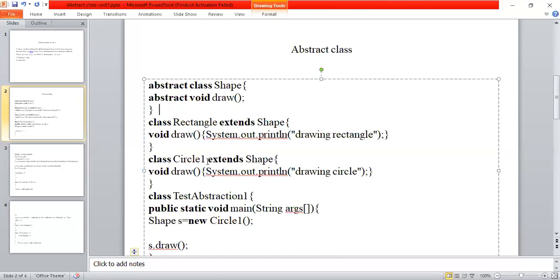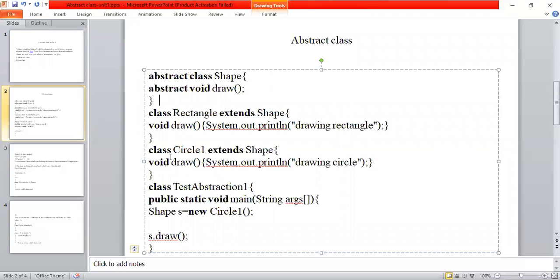And coming to one more class, here I have class Circle which extends Shape. This extends means, as you already know from the concept of inheritance, the Circle class inherits the properties of Shape. Whatever method is available in Shape is also available in the Circle class. So using this method, here I am drawing a circle. Observe carefully. The model is the same in all the classes, but this class draws a rectangle and this class draws a circle. That is the advantage of abstract class.